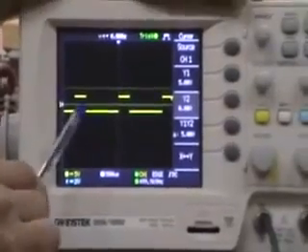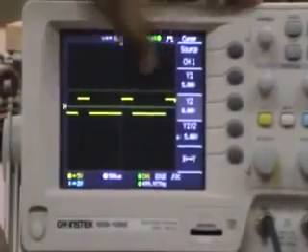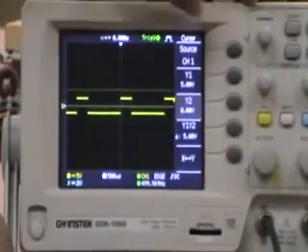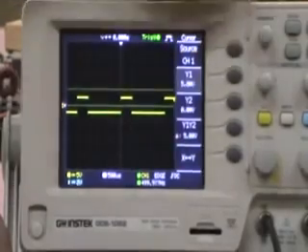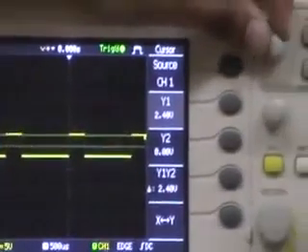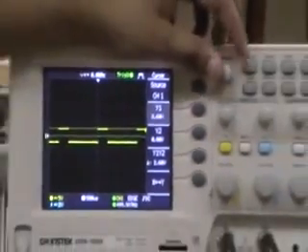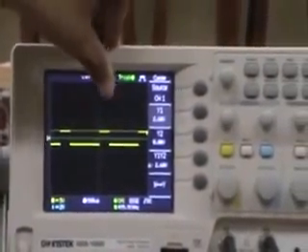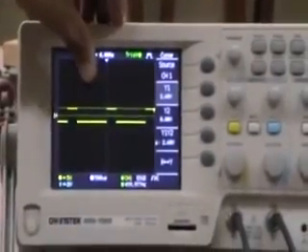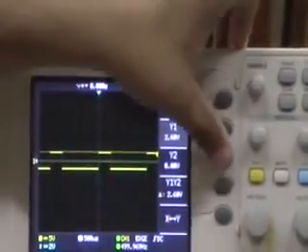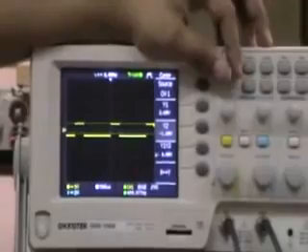If you want to move the first line above or bottom, we again have to select this y1. Again we can shift this line top or bottom with this variable knob. Like if you want to measure the peak to peak amplitude, the first line has been shifted to the peak of the positive cycle, and the second line, that is y2, can be shifted to the negative peak.